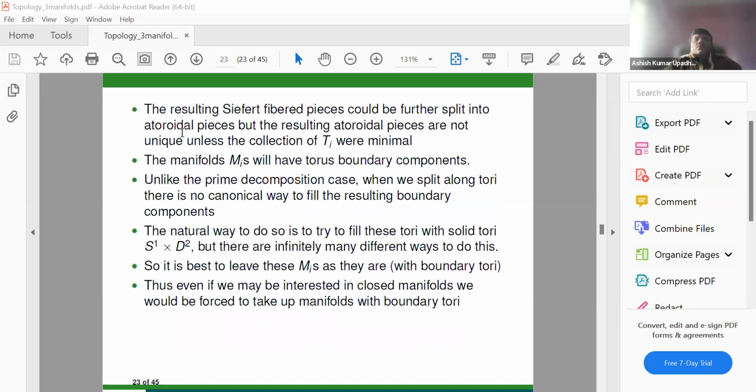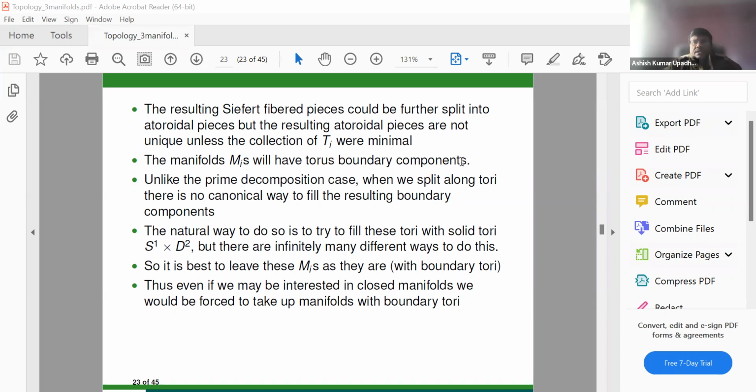Okay, so the resulting fibered pieces can be further split. You can split them further into atoroidal pieces, but the resulting atoroidal pieces will not be unique unless the collection was minimal. These are established results. Okay, now the manifolds M_i will have torus boundary components because we have cut them along tori,